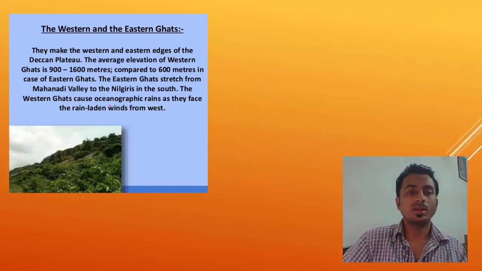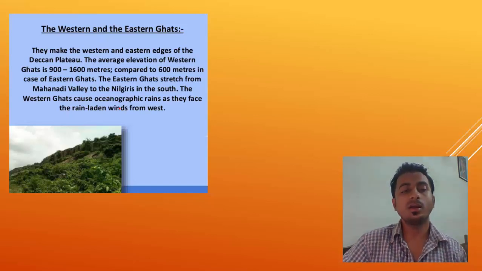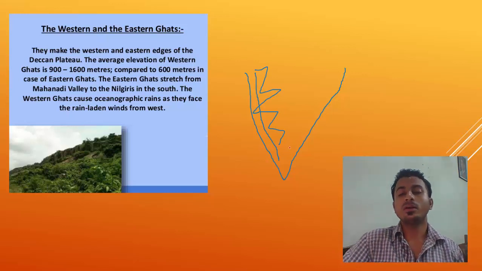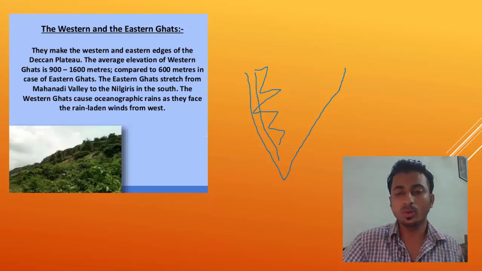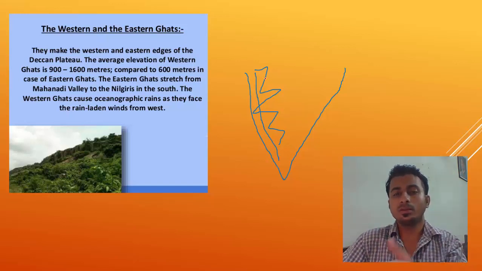Okay, and the Western Ghats are responsible for rains in Mumbai and other parts of the western coast like Kerala and Karnataka. You know, during monsoon, the Western Ghats receive more rainfall than the Eastern Ghats. Why? Because the Western Ghats are higher as compared to the Eastern Ghats. So to have orographic rainfall, which occurs due to mountains, the mountain's height must be good enough. So that's why Mumbai receives more rainfall and at times it also undergoes floods.